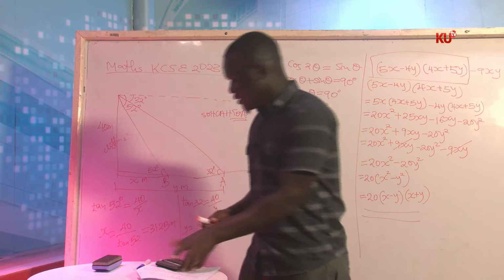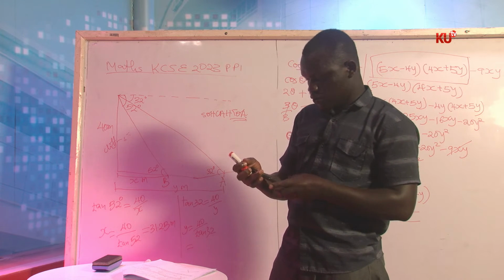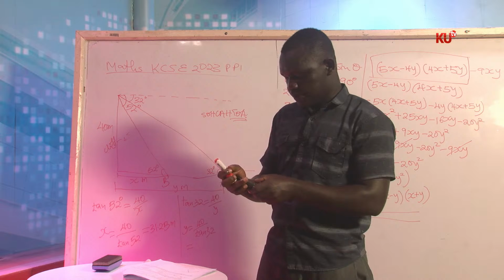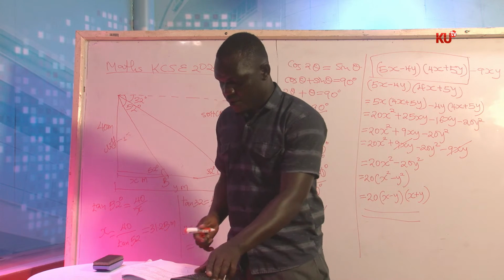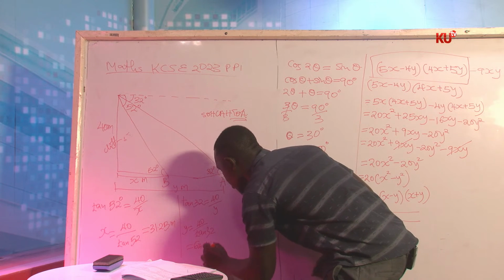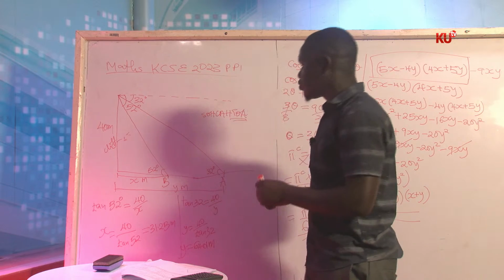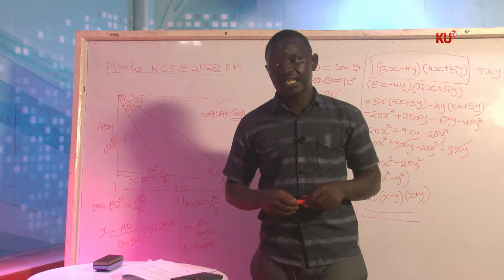So 40 divided by tan 32, you'll be getting 64.01. This is 64.01 meters as my distance y, meaning boat A is 64.01 meters away from